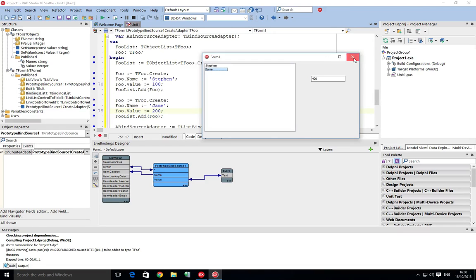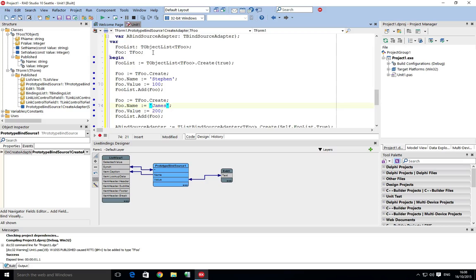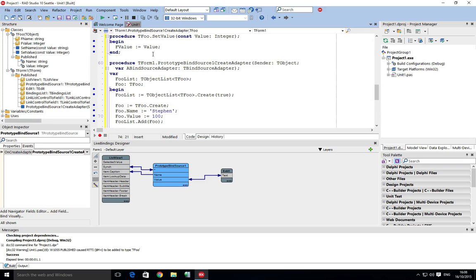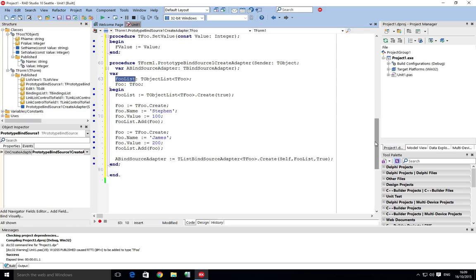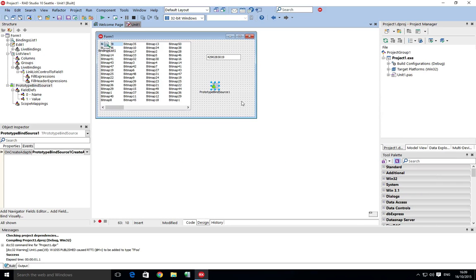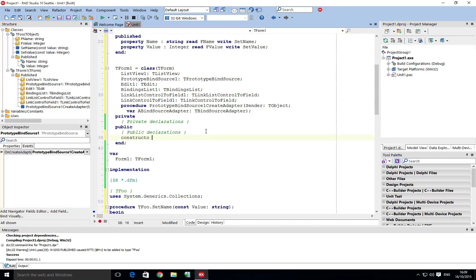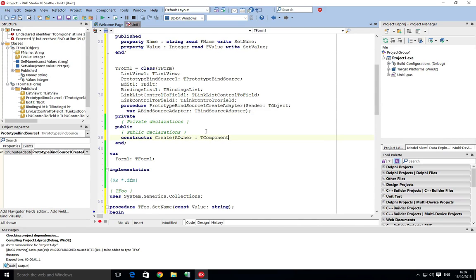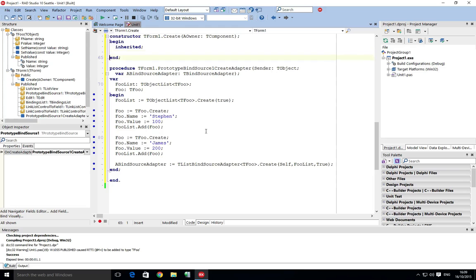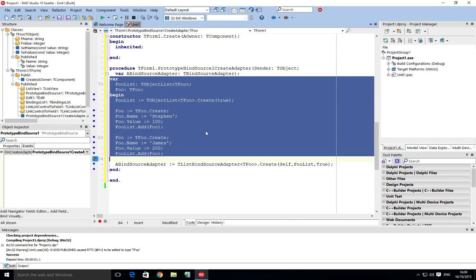So one last tip, I'm actually going to make James properly. You're probably going to want to load objects in or fetch them. You might want to manage this list as a global list. One thing that you will need to do if you don't want to do that is override the form create. So constructor Create, owner TComponent. And what you need to do is make sure that we put this